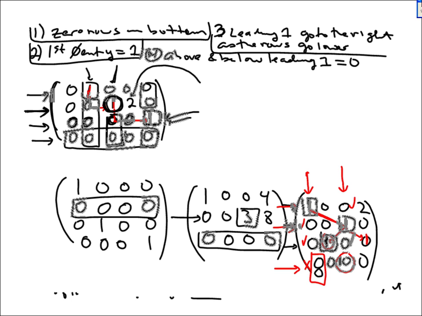It passes condition number 3 because the leading ones got it right. But it failed condition 4. Please, I put a 1 here. It failed condition number 4. Why? Because column 2